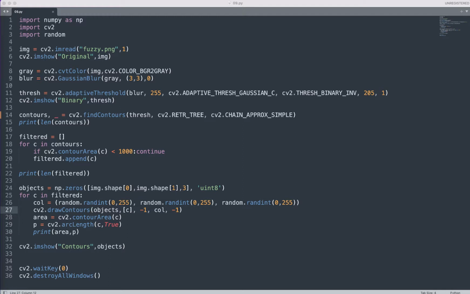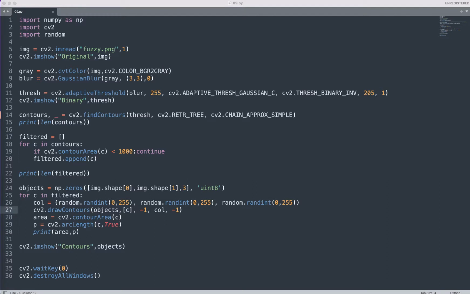So we can draw the contours by typing cv2.drawContours with an S. Then we will pass the objects comma, and we will use our trick of putting our contour in a single-length list, comma -1 to indicate we are drawing all of the contours in the single-length list. Then we will pass our colors, and we will indicate